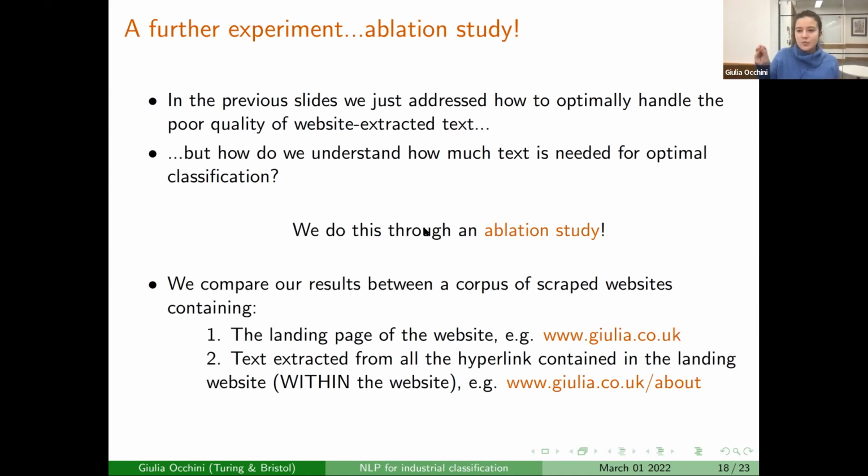So if my starting website was www.giulia.com, then I would go in the links within that. So for example, www.giulia.com/about. But I wouldn't go in websites such as Twitter/Giulia or Facebook/Giulia. Adding those websites would add a lot of layers of entropy and a lot more computation. So we do not think that it is a good idea.